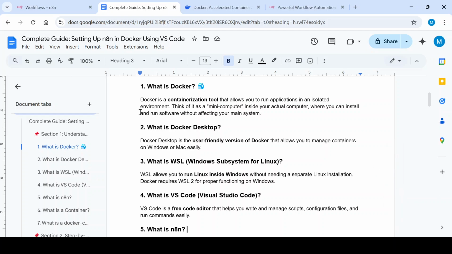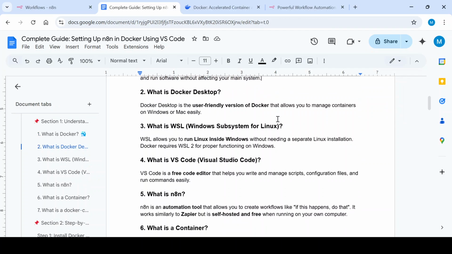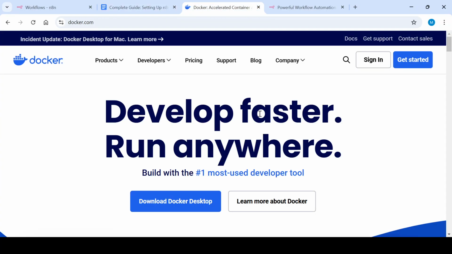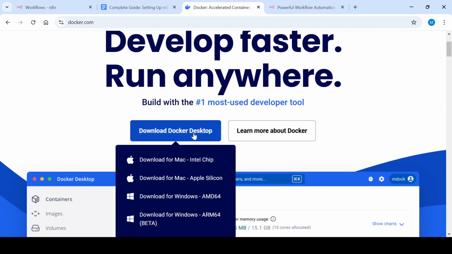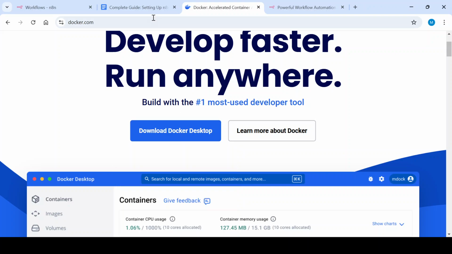So we'll just go by the definition. Docker is a containerization tool that allows you to run applications in an isolated environment. This is kind of a mini computer inside your actual computer, where you can install and run software without affecting your main system. So we will install Docker. You can install Docker by going to the Docker website, downloading Docker Desktop, and selecting download for Windows depending upon what OS you are working on. Once you do that,